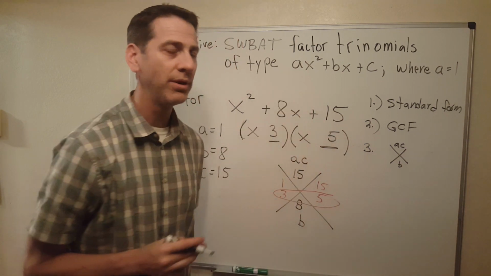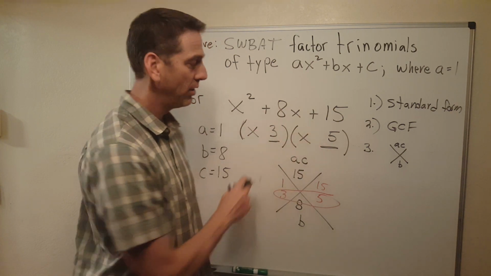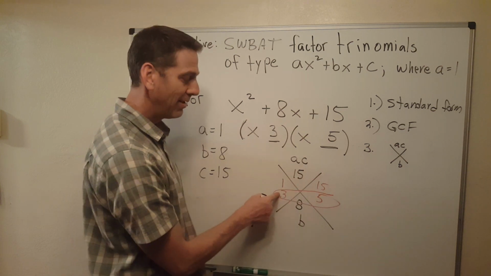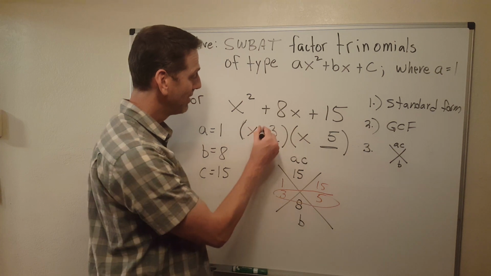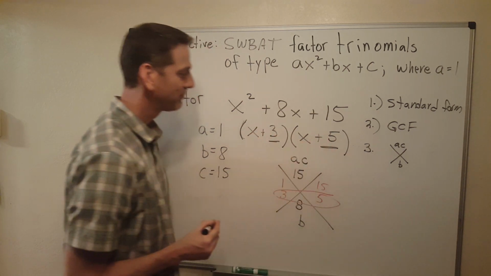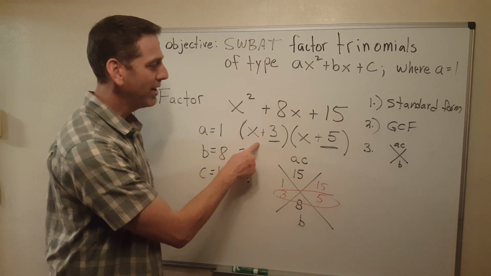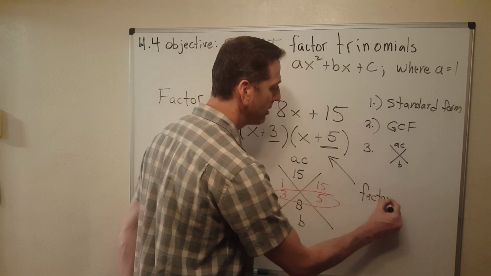But we're missing something. We need an operator symbol. Should these be pluses or minuses? Well, look at your numbers. That's a plus 3, right? So I'm going to put a plus again. That's a plus 5. So there you have it. This right here is the factored